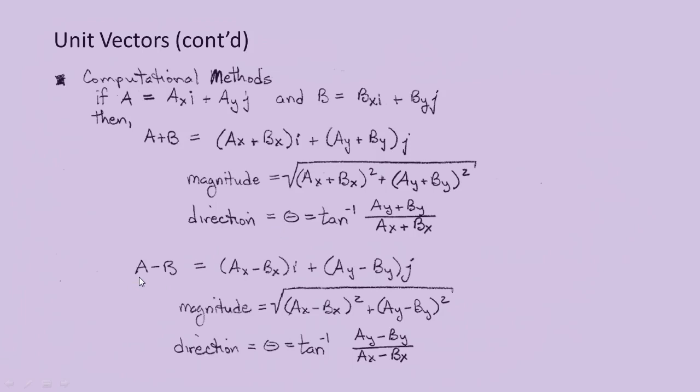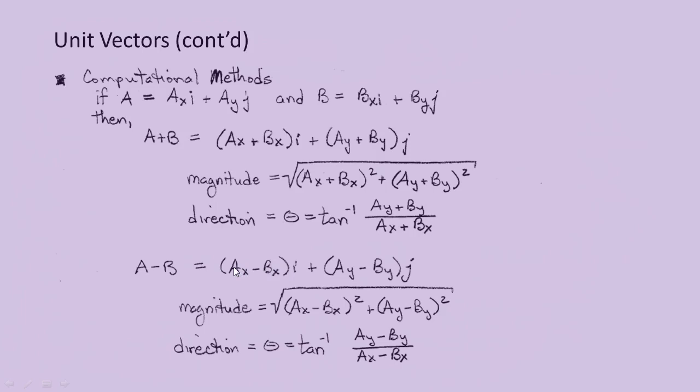If we're doing subtraction, it's a similar process, only now instead of adding a sub x and b sub x, we're subtracting b sub x from a sub x, and we're subtracting b sub y from a sub y, still multiplying those quantities by their respective unit vectors i and j. And keep in mind, if we have a negative coefficient for a unit vector, that just means that it's pointing